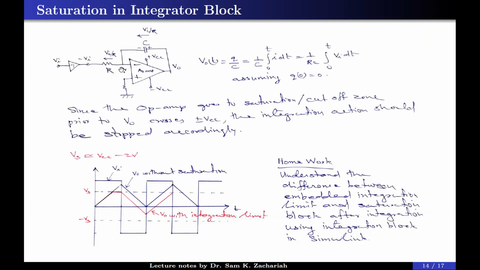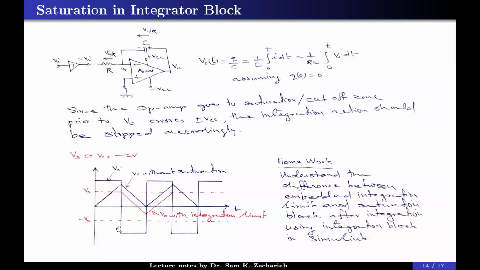For example, you can see that if this is going on integrating, charge is getting accumulated in this direction. But the moment the amplifier saturates, then there is no more flow of electrons, and hence there is no more integration. Integration itself is stopped. That is what I want to show you through this particular diagram.